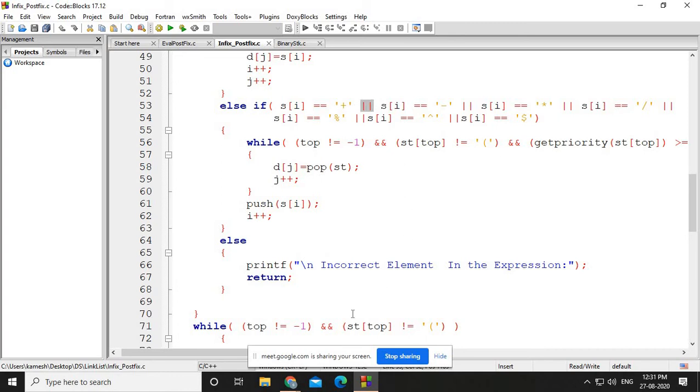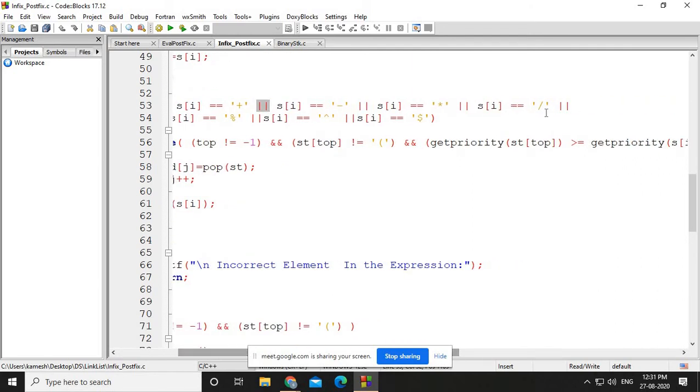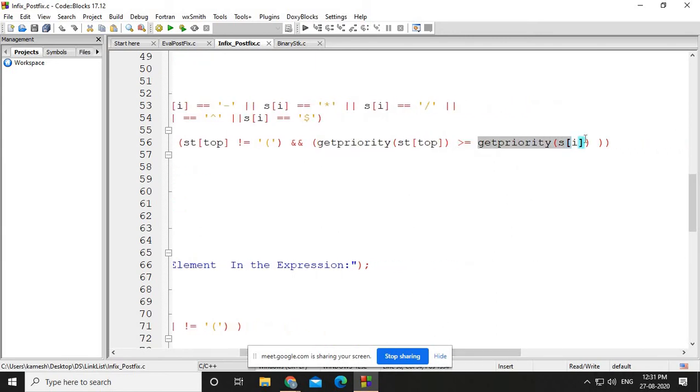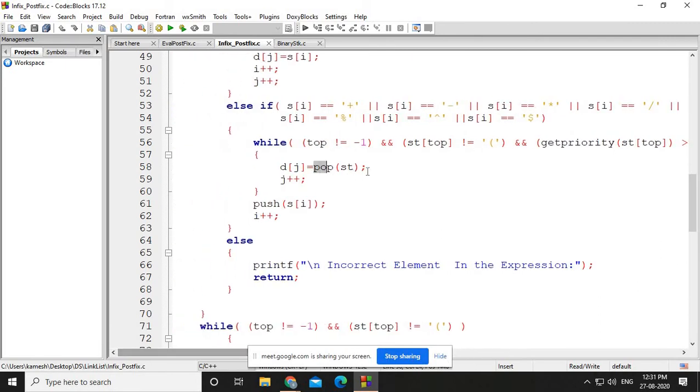If it is an operator, what we need to do is compare the priorities. If the operator at the top of the stack has a higher priority than the operator we have scanned from the infix array, what you need to do is pop the operator from the stack and put it into d of j.